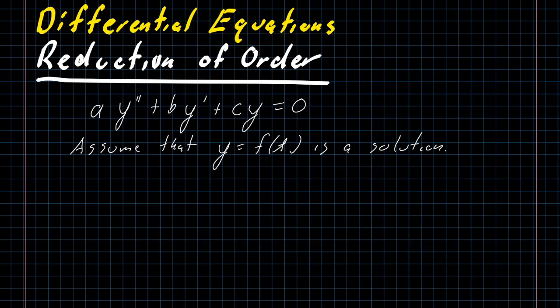And assume that somehow we have been delivered that y equals f of t is a solution to this differential equation. Now, this is a second order differential equation, and we know that the general solution to a second order differential equation is going to involve two linearly independent solutions. So now that we have one, we need a second. And the key of reduction of order